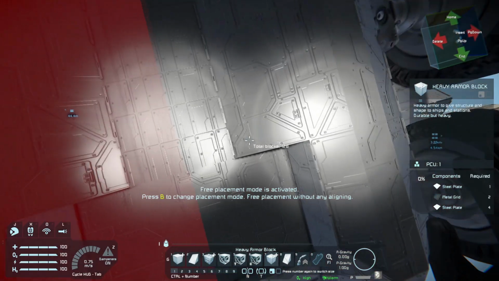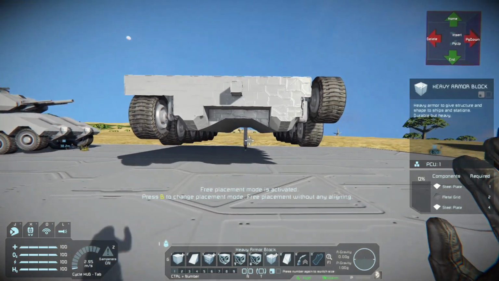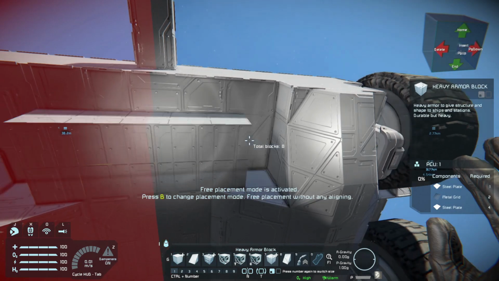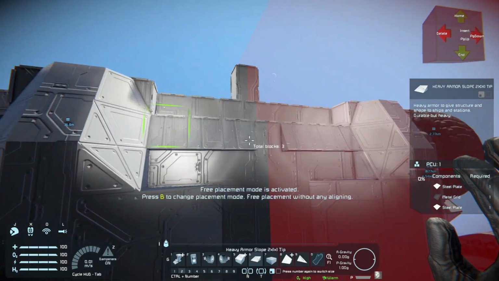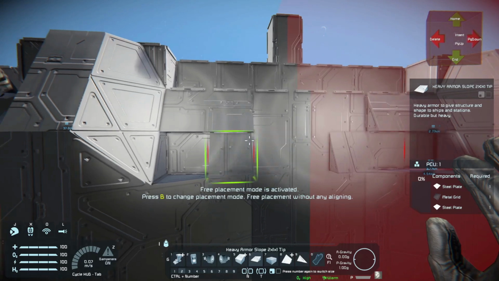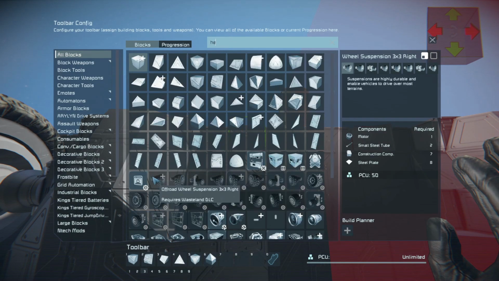Oh, whoops. Let's have a look. Yeah, you know what? I think that looks better. And that'll probably work a little better with the design as well. Because then I can do this. Well, I can do almost that. I can do that, and that. And then I can do...